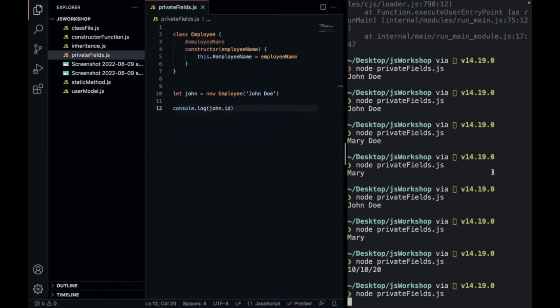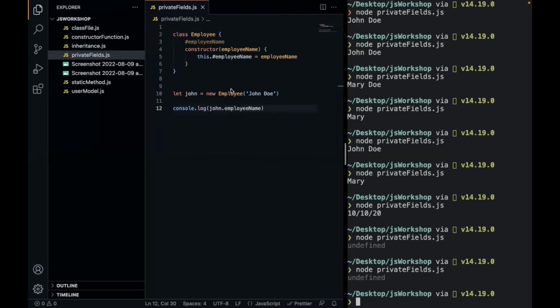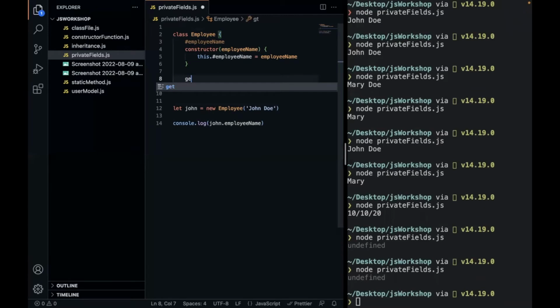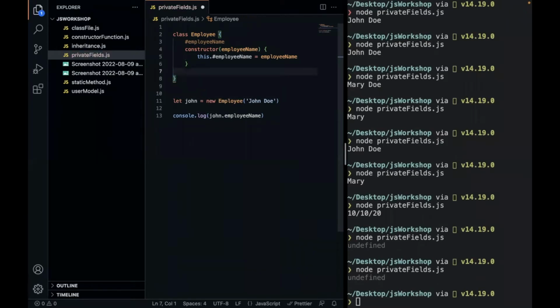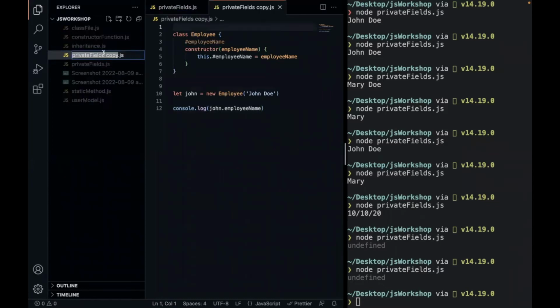yeah, let's see. So this is giving us undefined because we're trying to access. Okay, let's do it this way. Undefined. Okay, so good. So this is now a private field, right? We cannot access this except we have a getter for getting that value, right? So I don't want to put the getter in here, but I believe you would understand that. So instead, let's create a new file. I'll call this